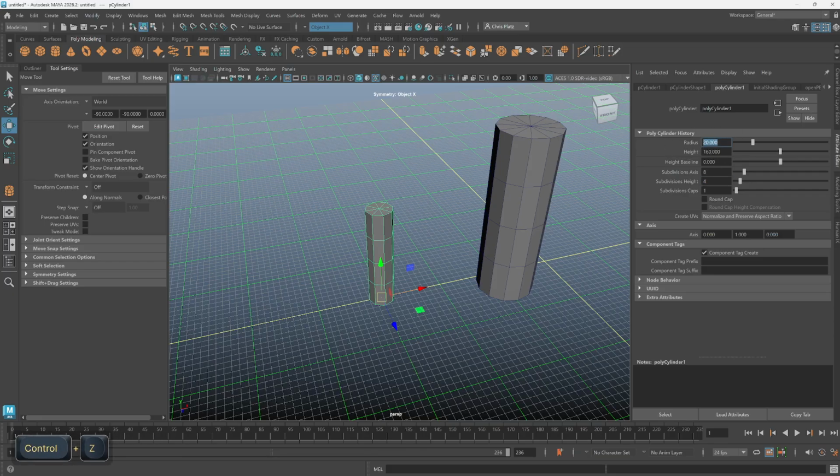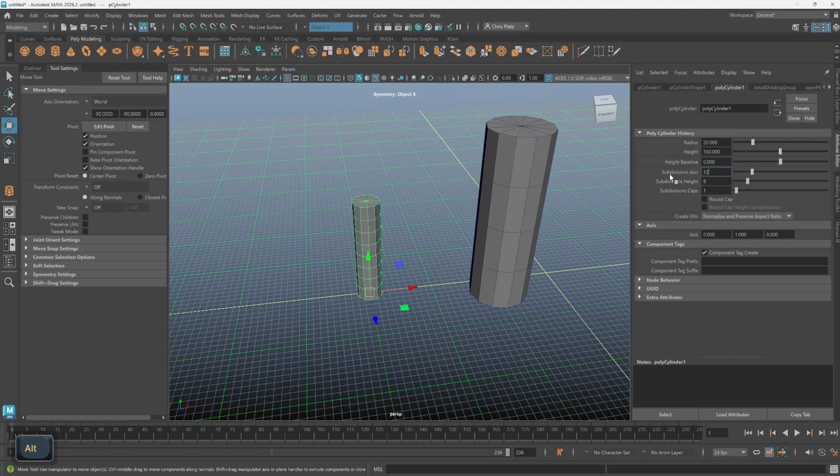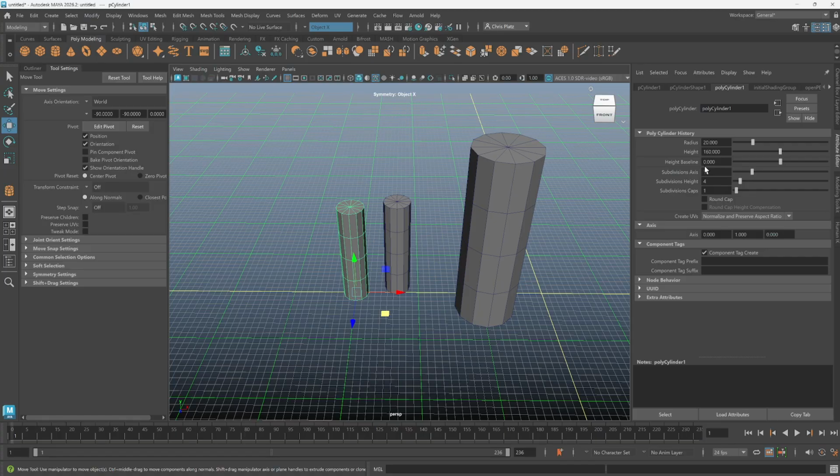If I wanted to make this 12-sided instead of eight, or four, we did eight divisions, which we'll do a little bit later. You can do that. But if I make a copy of this, it won't, right? So if I hit Control D and I duplicate this, it now breaks the node from the original